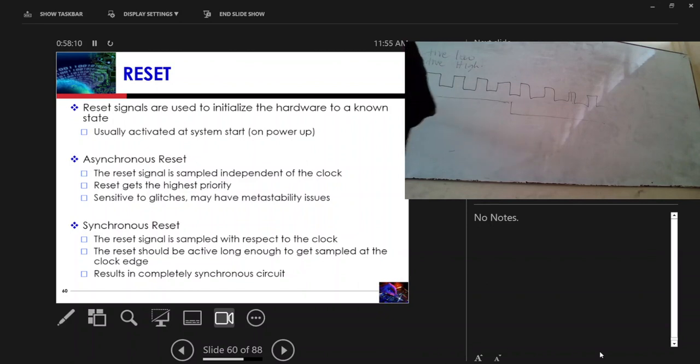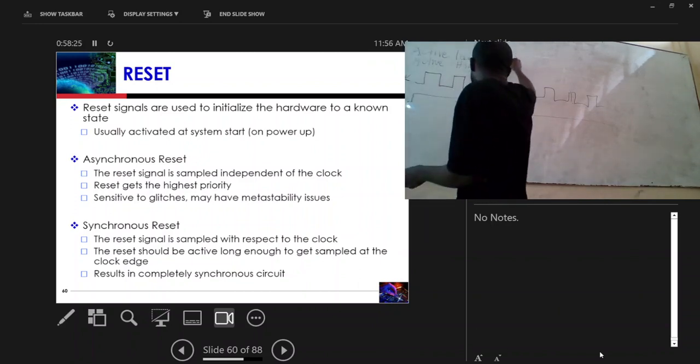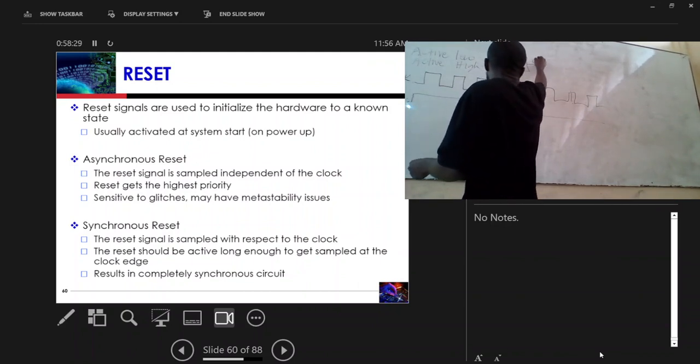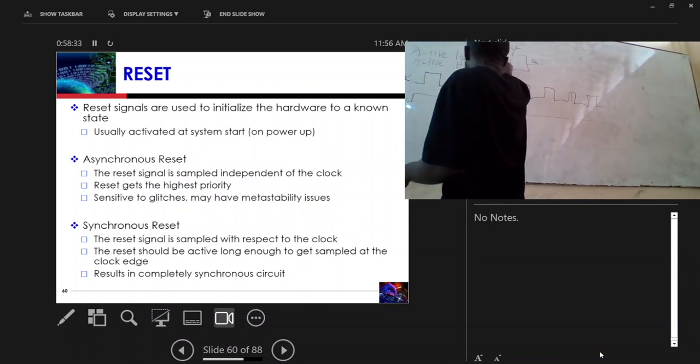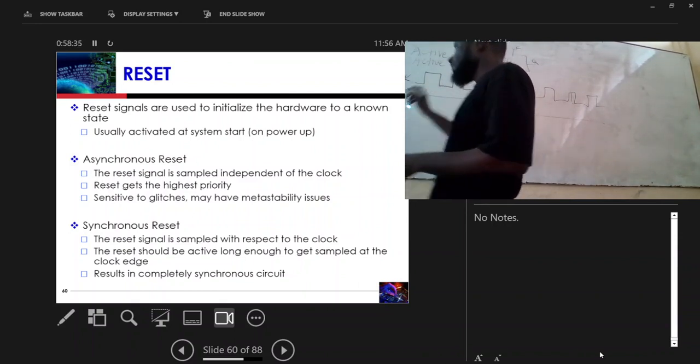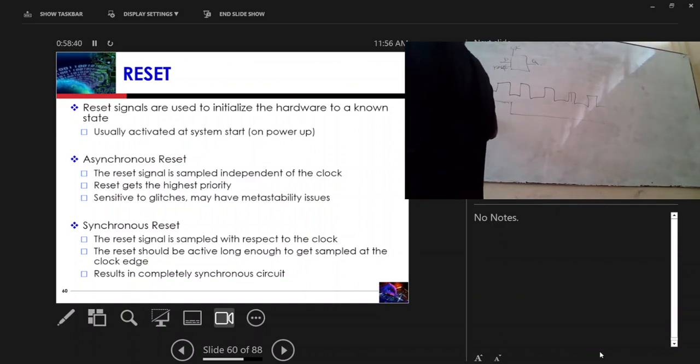So here, let's say you're using an active high reset. What happens is that if you have, let's say, a D flip flop, this timing diagram is for a D flip flop. We have D and then we have Q. Then we have our clock together with our reset. If this is D,